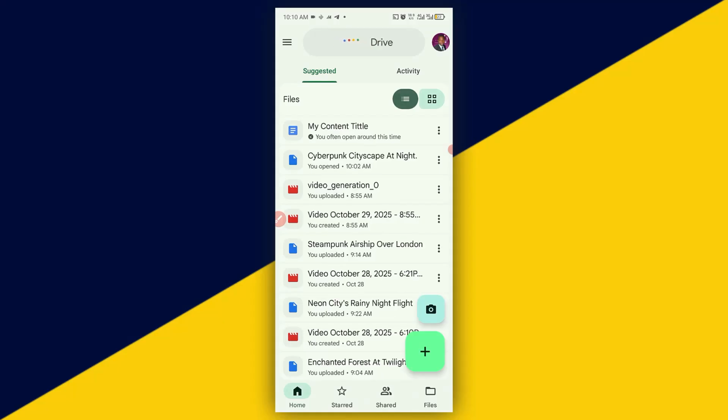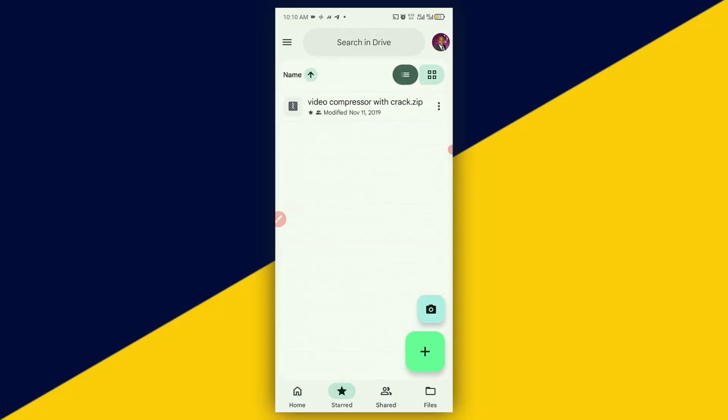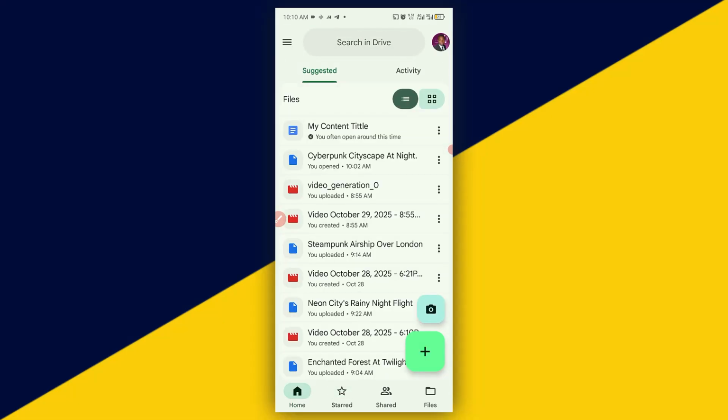After you open up your Google Drive, it's going to take you to the page right here. So what you need to do is make sure you locate some of the files you have been working with in your Google AI Studio, and then see how you can easily delete them. For instance, if I want to delete this one right here, I'm going to go ahead and click on